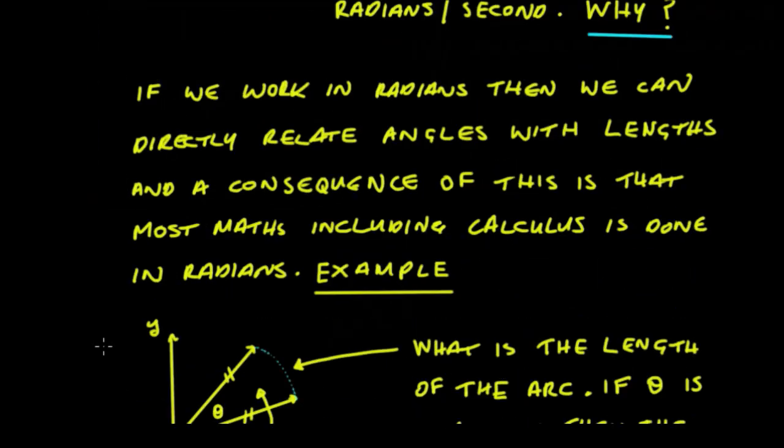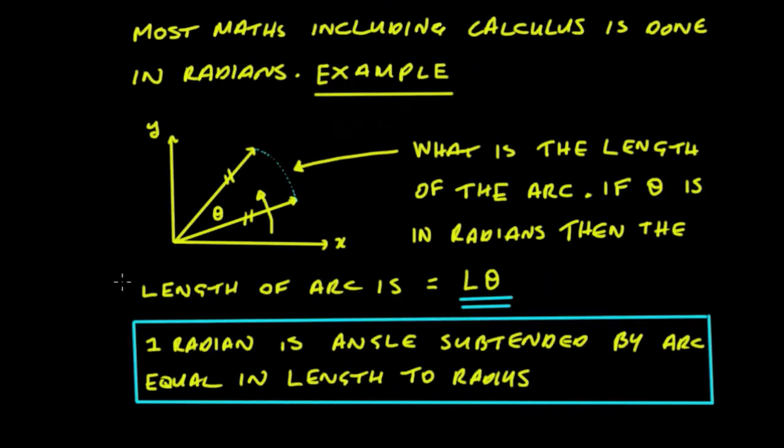Well, the answer to that question is that by working in radians we've got a method of directly relating angles to lengths. As a consequence of this, most of the maths that we're going to use in terms of calculus is done in radians. So here's an example. If we had an axis system, x and y axes, and we had some little phasor there in yellow, that phasor is the same as this one here, it's just rotating around a circle, and the angle here is